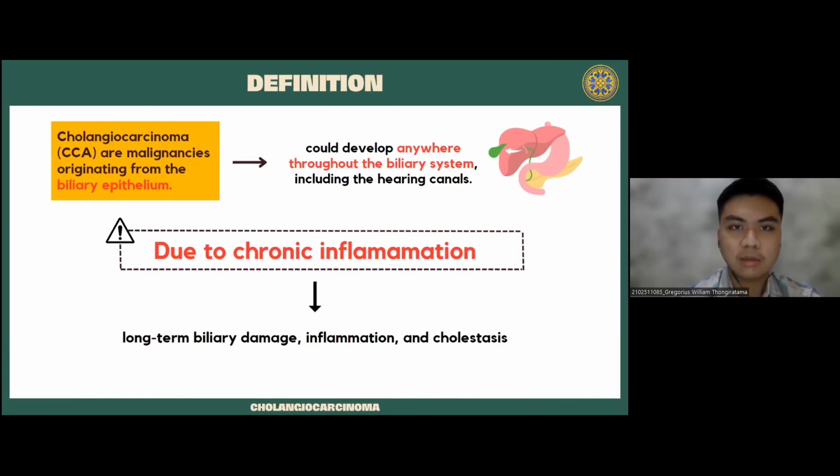Currently, this cancer contributes 15% of all primary liver tumors, but there are no definitive statistical data about the frequency of CCA in Indonesia. Furthermore, most of the patients are already in an advanced stage when presenting to healthcare. Those patients have a reduced chance of survival, especially if the patients have sepsis or a history of biliary drainage trauma. That's all from me, and thank you.